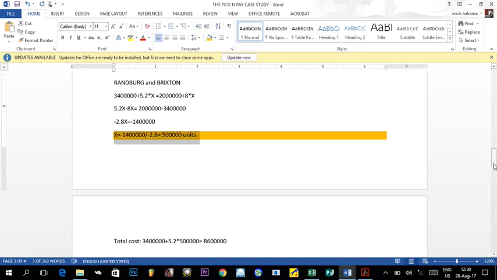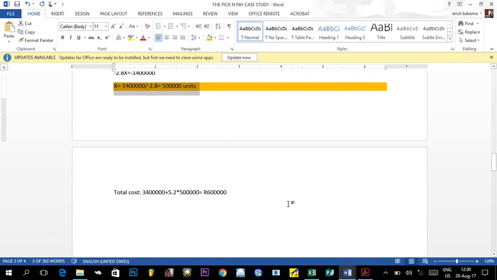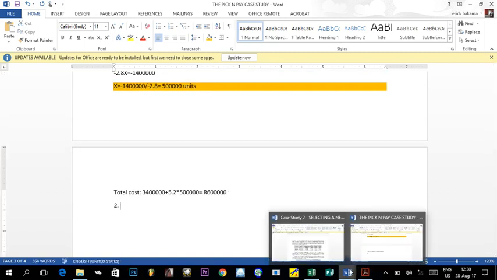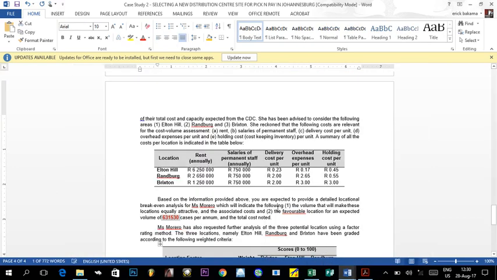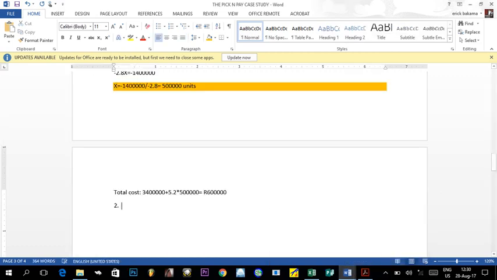Now, having found these values here, we're done with the first part, which is about Hilton and Randburg. Now the second part that we need to do is, what is the question saying? The question is saying that we need to identify the favorable location for an expected value of this number of units here, the one that I just highlighted, per annum. So in short, what if they need to manufacture this number of units here? Best location